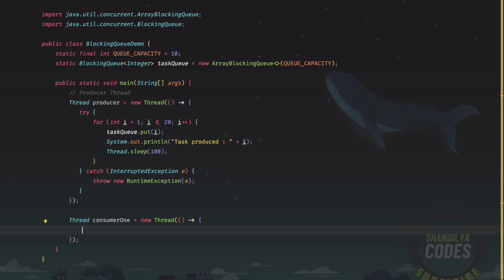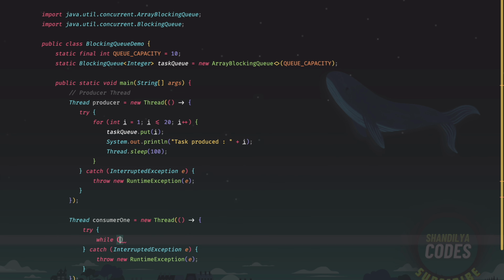So what this consumer thread does is it consumes from the task queue infinitely. So let's implement that. Let's start by having a try block, let's have a catch block, and let's have an InterruptedException, and let's throw this one as a RuntimeException. So while true,